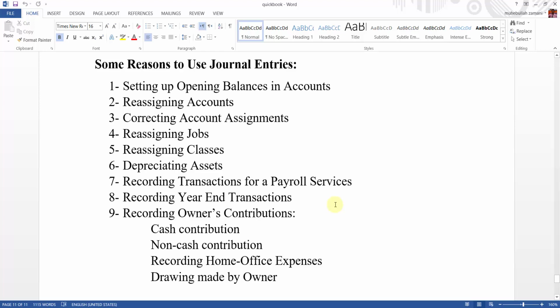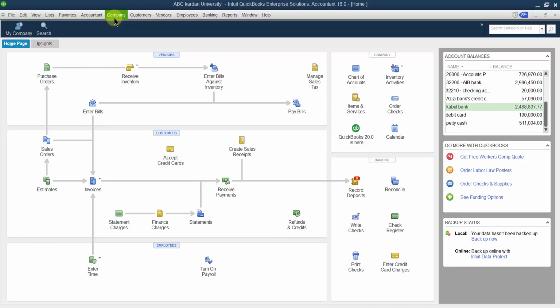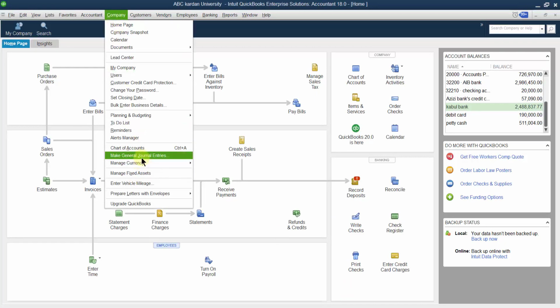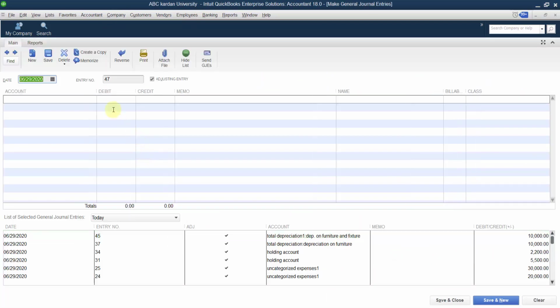And of course, let us say we have managed it with several other software or even a manual system. So we have calculated how much expense we should consider for the payroll. And let us say the total payroll amount is 50,000 that we have to record in QuickBooks. For this purpose, go directly to the company, come to general journal entry, and